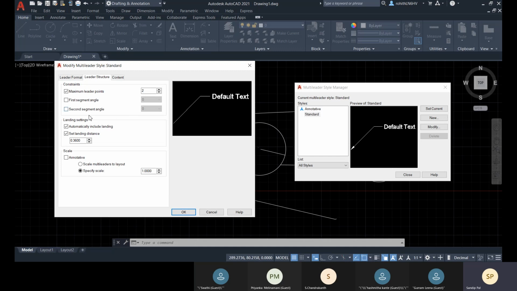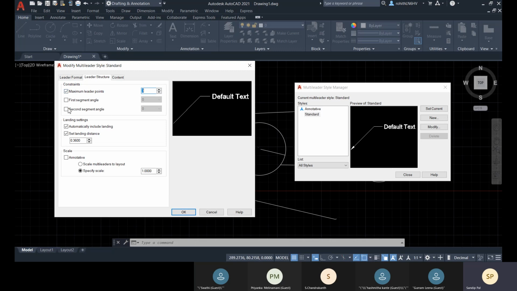So first you will mention your arrowhead location and then the breakpoint location, and then you will place your text value. Here you can increase it to like 3, 4, like this. Okay, so let's go for 3, and we will change it later. We will see how that 3 points more.